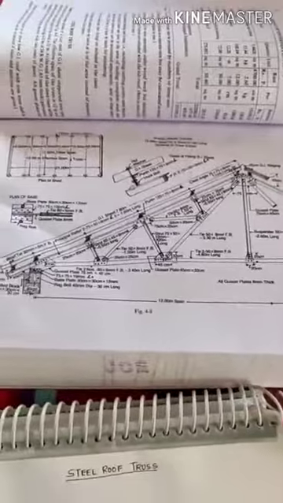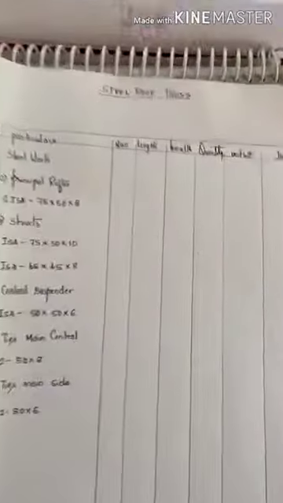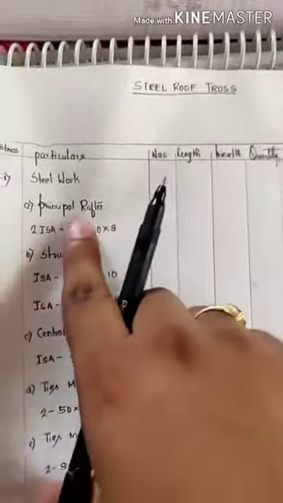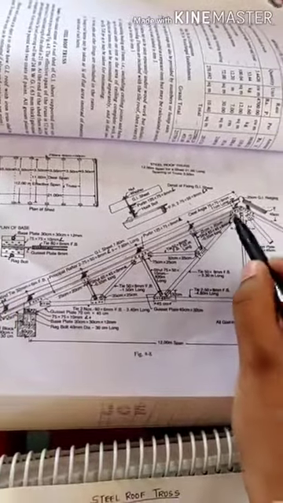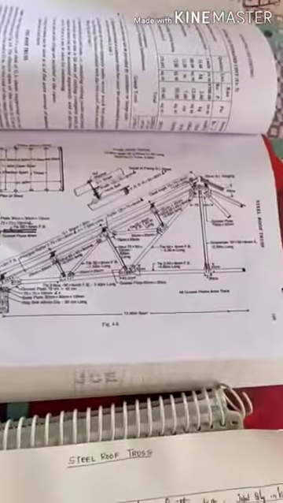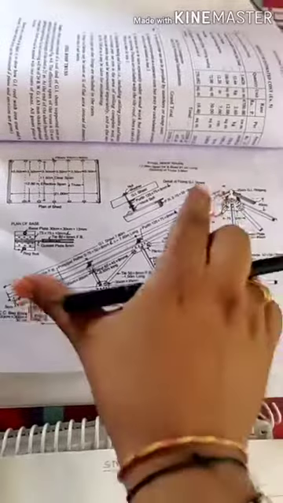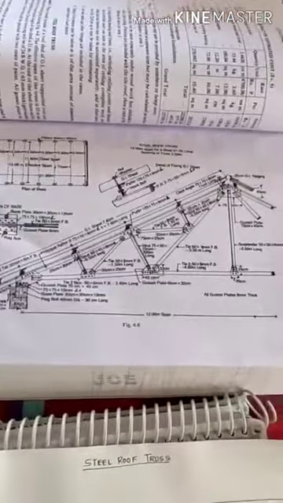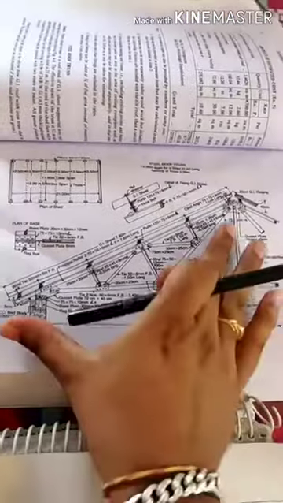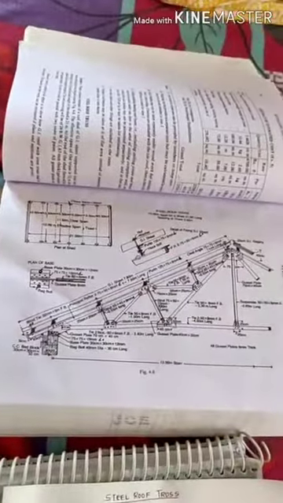So whenever I talk about calculation of quantities, for example, if I take the principal rafter, where is the principal rafter? This complete part from this end to this end is called the principal rafter. For one truss, how many principal rafters are there? There are 2 principal rafters, one on this side, the other on this side. So this completes one triangle. The same replica is on the other side. So whenever you calculate the quantity of truss, it will be this part, one principal rafter, and the other side. So you have to calculate 2 quantities.